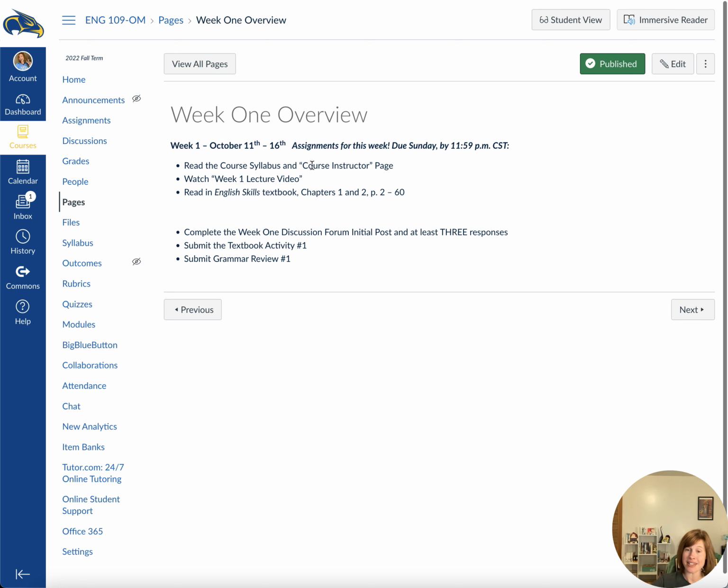We've read the course syllabus and the course instructor page, so done there. And then the only reading assignment is to look at chapters 1 and 2. Now, you may be thinking, that's a lot of reading, Miss Parish. There's like 58 pages there. But honestly, when you look in the book, a lot of the pages are assignments. They are charts, they're graphs, they're pictures. It's not as long as you think it is. And I'm not asking you to do a close reading, but just to examine the reading and see if any bold terms or anything stands out. Your midterm and final exams will be taking things from your textbook and asking you questions about them. So just kind of keep note of that.